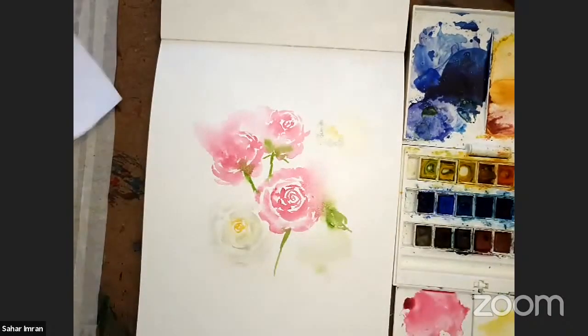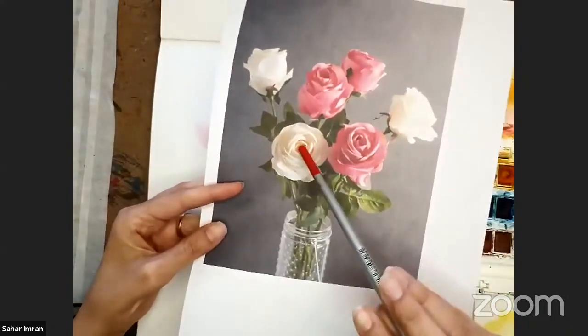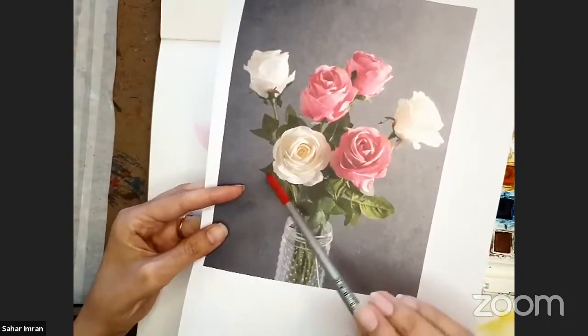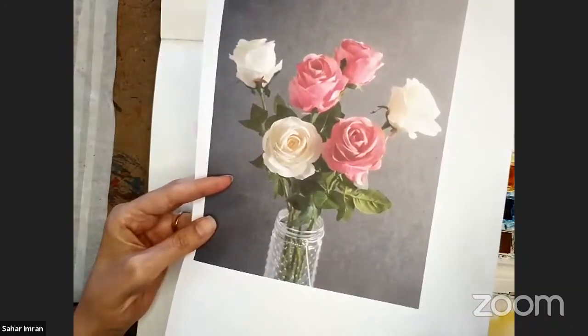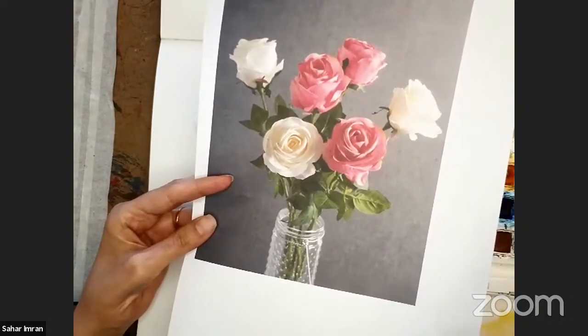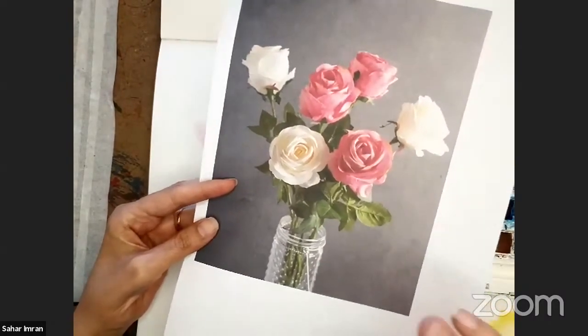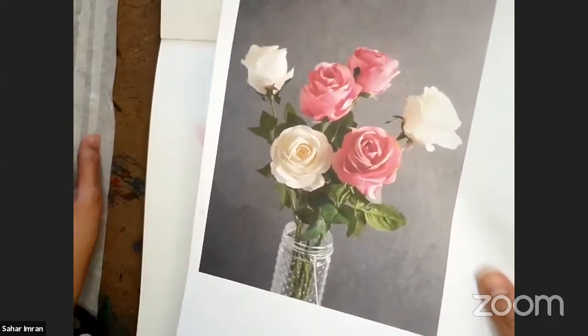Well, when you look at the reference picture here, you can see the yellow tone right in the middle, and then you can see that there's a shadow there. And for shadow, we usually use a gray violet or a very light shade of purple. So that's why I tried it beforehand before doing this painting, and I did it on another sheet of paper